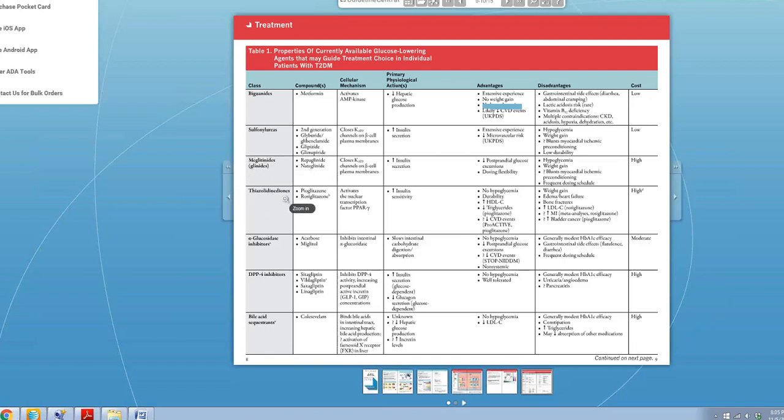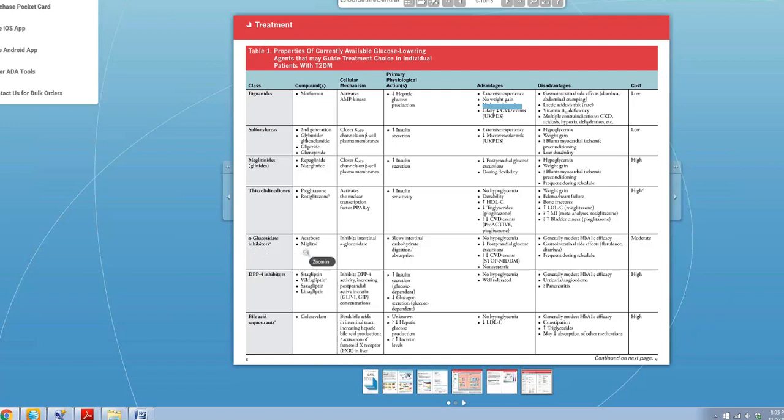The TZDs, they're just about extinct. They're an insulin sensitizer also, but we have all that stuff with the increased heart failure, with the rosiglitazone and all the lawsuits and things like that. They're a good drug, but we just don't see it that much anymore because of the fear of lawsuits and things like that, right? So edema, heart failure, bone fractures, they have some effect on your cholesterol, things like that.